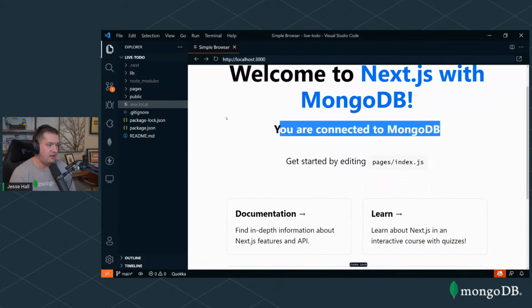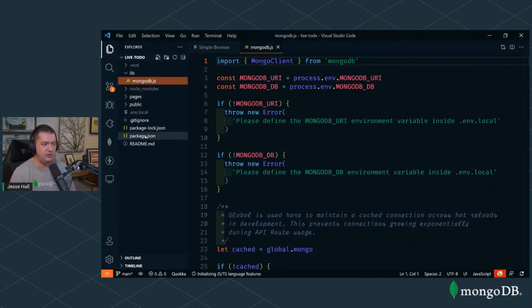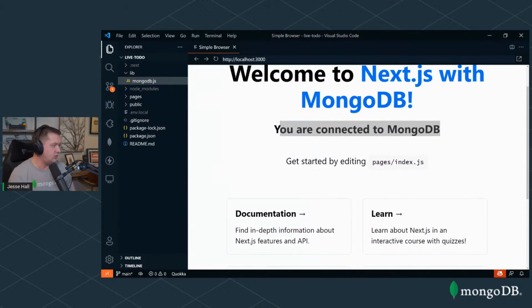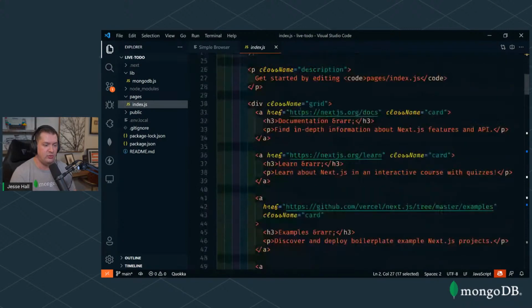Cool. So now that we're connected, and I already showed you, if we go to lib, we have that MongoDB.js utility, and that is how it actually connects to MongoDB. Next, what we're going to do is go to the index. If we go to pages and then index, this is, again, all Next.js stuff. We've got our head, and then this is, remember, that connect to database export that is coming from our MongoDB utility. So we're going to use this connect to database. If we go all the way down